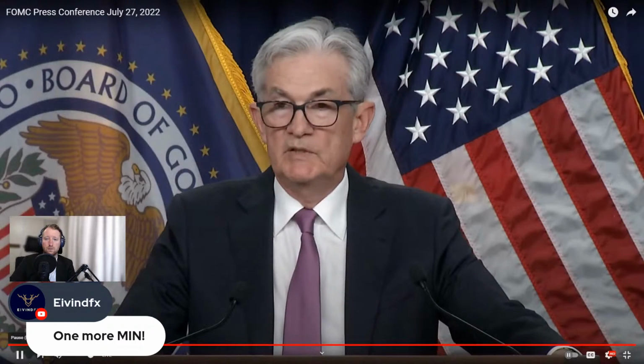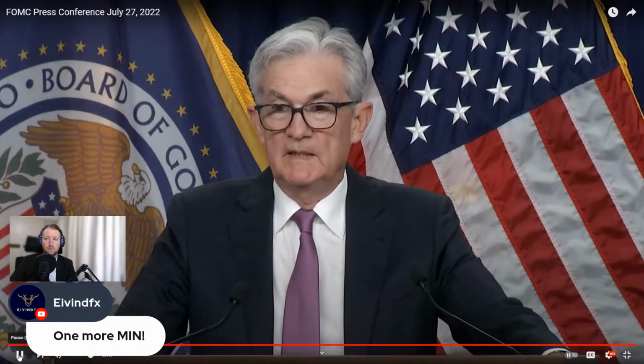So it is our job. It is our institutional role. We are assigned uniquely and unconditionally the obligation of providing price stability to the American people. And we're going to use our tools to do that. As I mentioned,